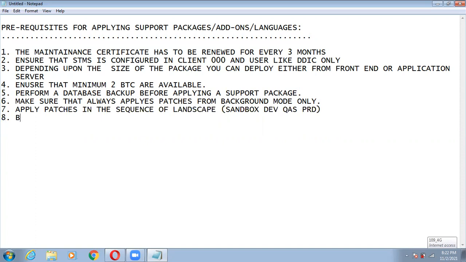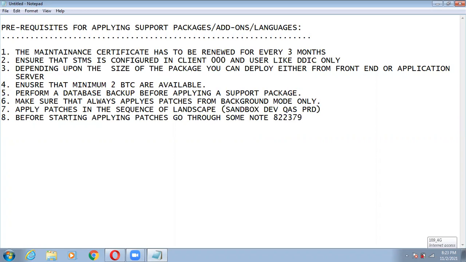So before starting to apply the patches, go through some notes, that is 822379.